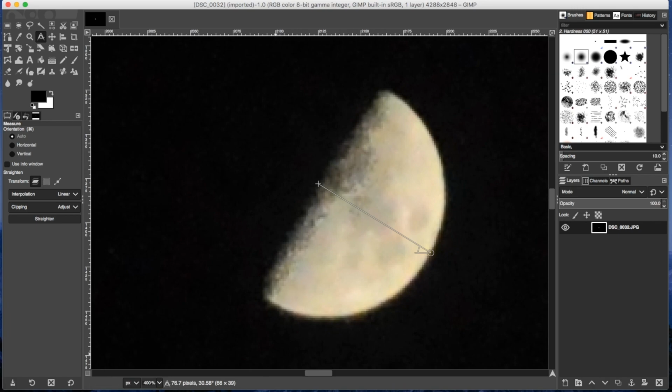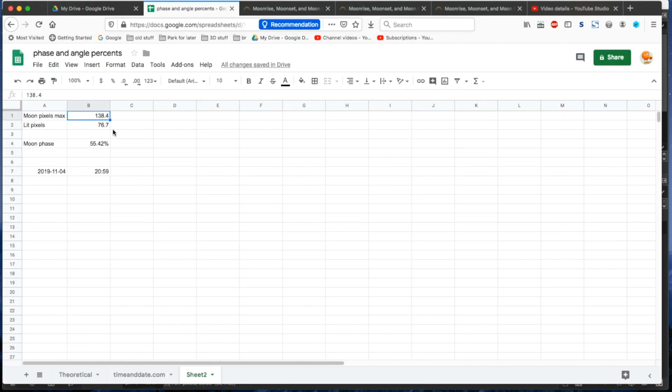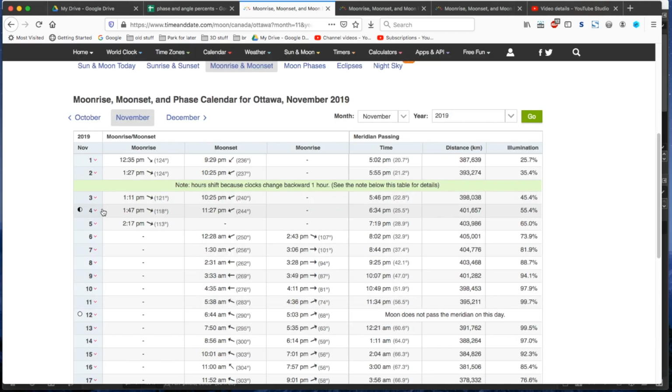So let's put those values in a spreadsheet. So there's 138.4 and there's 76.7. And I divide 76.7 by 138.4 and convert that to a percentage. And then I get 55.42%. So this was the time and date that I took the picture, and let's compare that with November 4th,